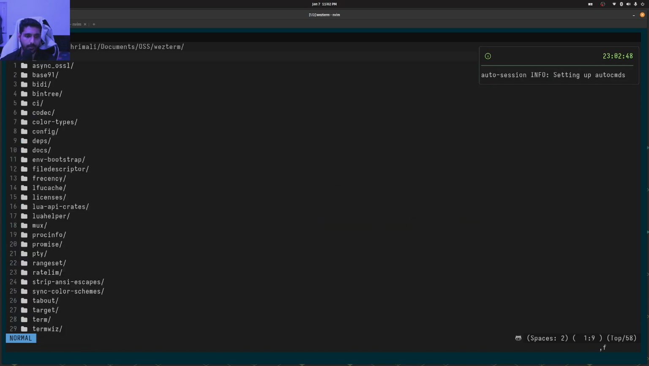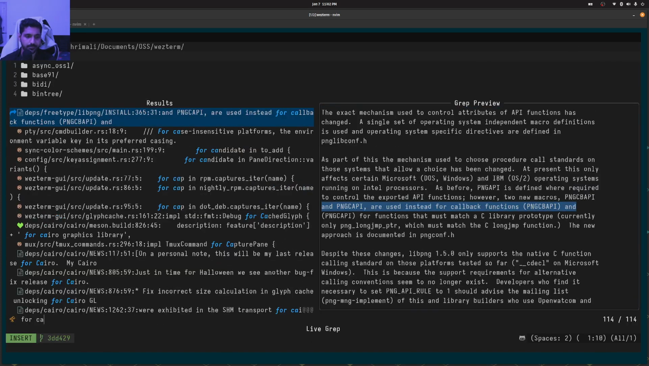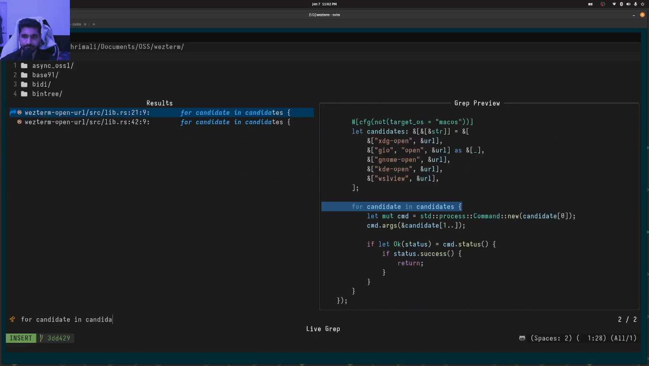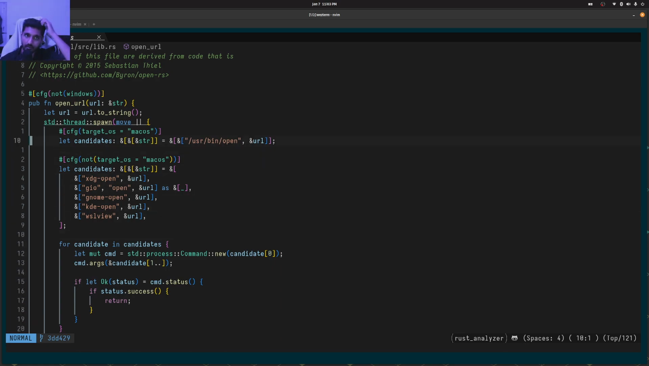Okay, so I'm probably looking for candidate. There's a line for candidate and candidates. Yeah, there you go. So they have these utilities called openURL. They have this whole module. Okay, what they do over there is basically